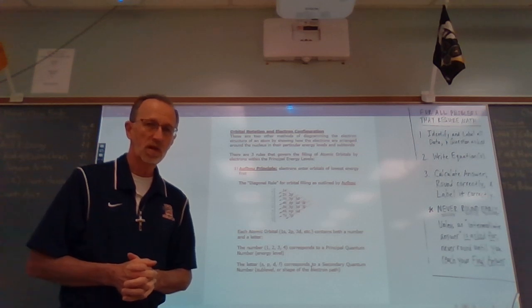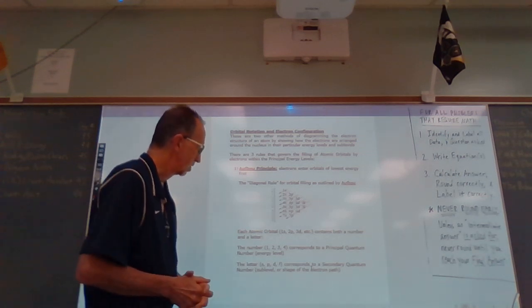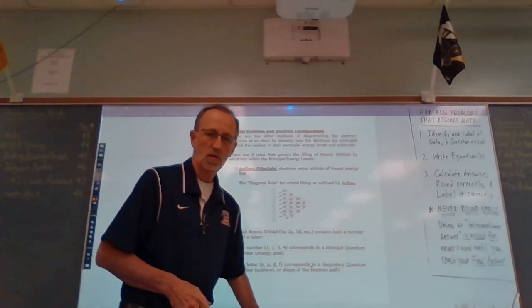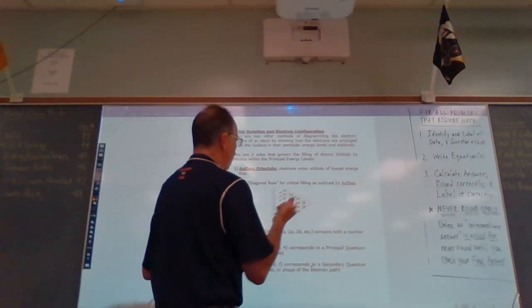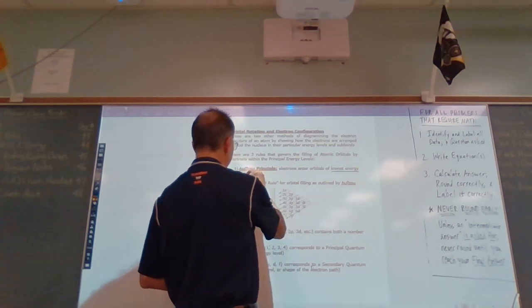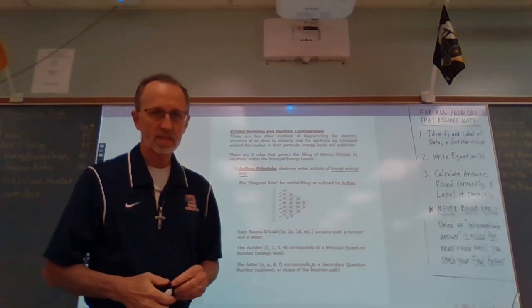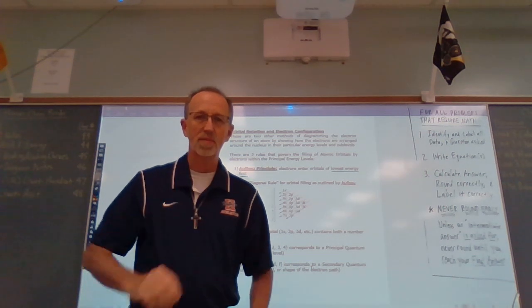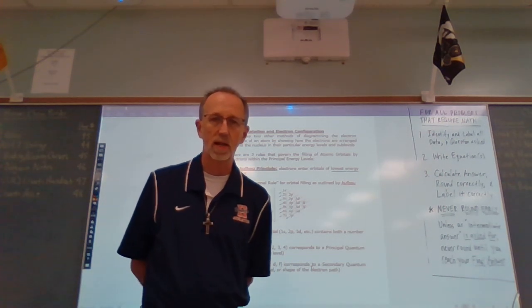And the first rule is called the Aufbau principle. It's also called the diagonal rule. Electrons enter orbitals of lowest energy first. Okay, this is just a little side note here. This is where we veer off from the Bohr model. All right, so the Bohr model of the atom,